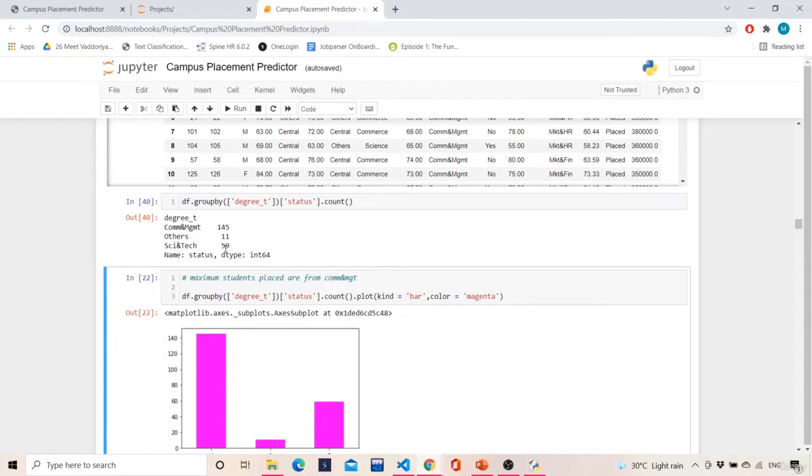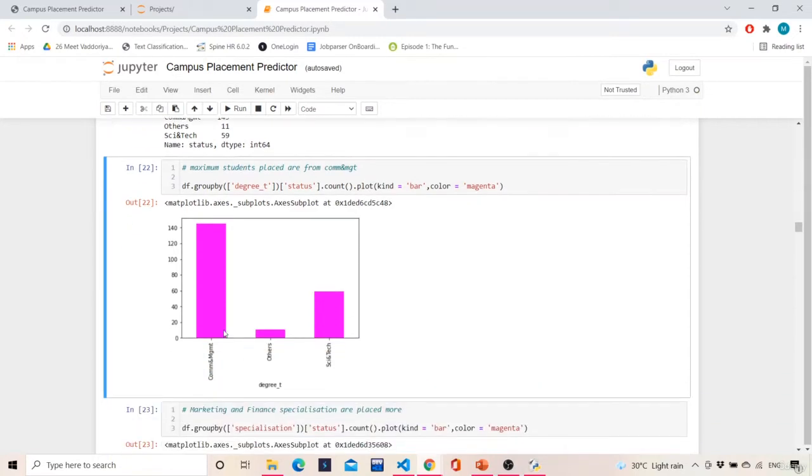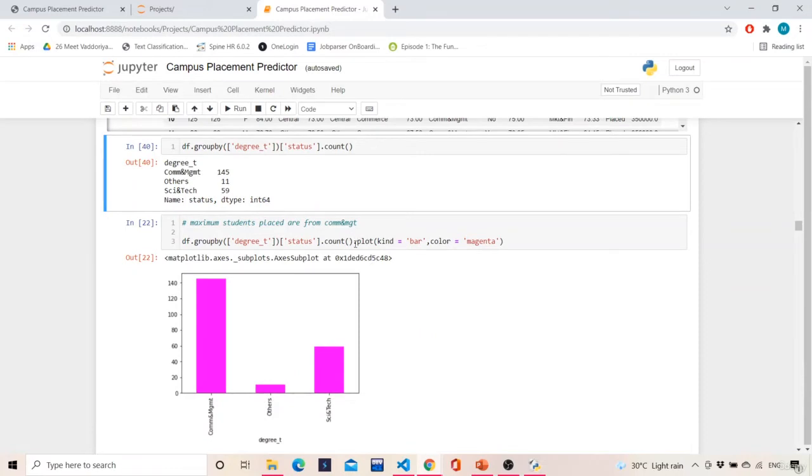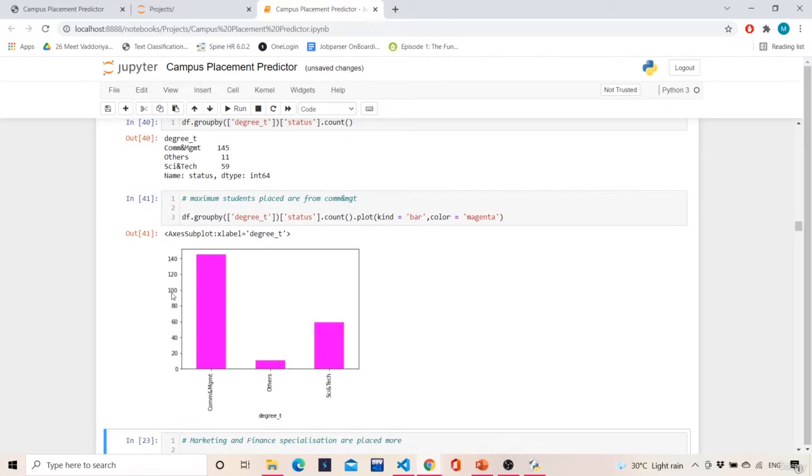The new part is whenever we do value counts, we are not able to plot the data, but using group by we are able to plot, because we are getting a pandas series object over here. So if I just do this, plot kind equals bar, color equals magenta, I'll be able to plot a bar plot over here, as you can see. So this group by function will return some normal counts which we can understand, but if you want to visualize it graphically, then we can directly use this dot plot, kind equals bar, color equals magenta. If I do this, I'll get the count plot basically.